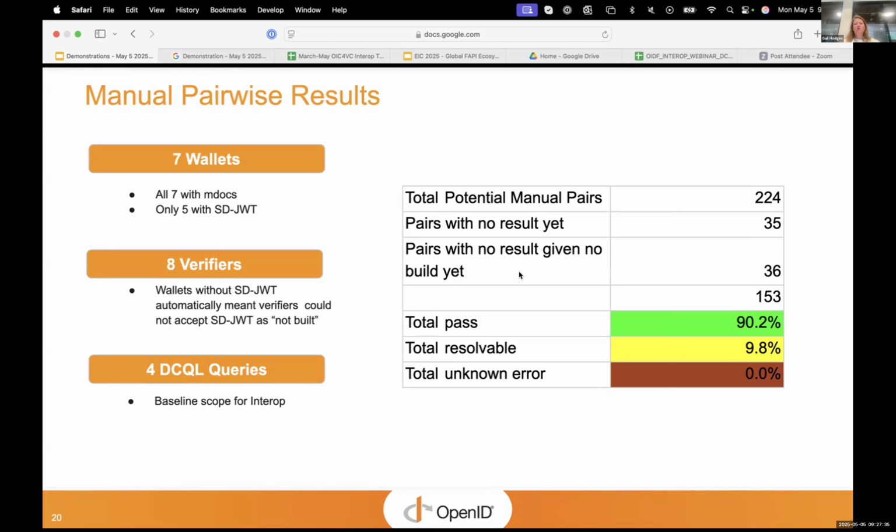That meant that there were 153 potential pairs that were built out that did have results, and of those 153 pairs, 90% passed. And 9.8% had resolvable errors, and to our knowledge, there were no unknown errors remaining.